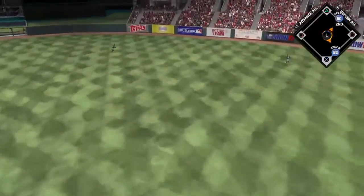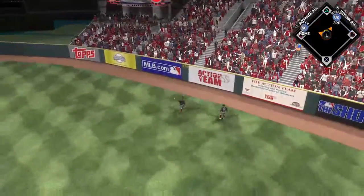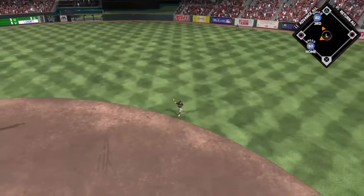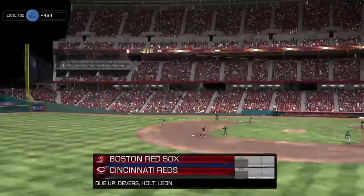Liner towards second, and this is into the alley and ought to be good for extra bases. Runner takes the turn at third, headed home. Now it's cut off. A throw to the plate is in time, and he's